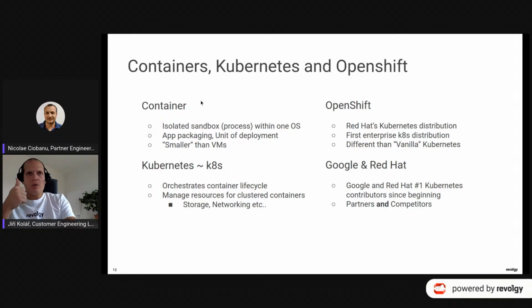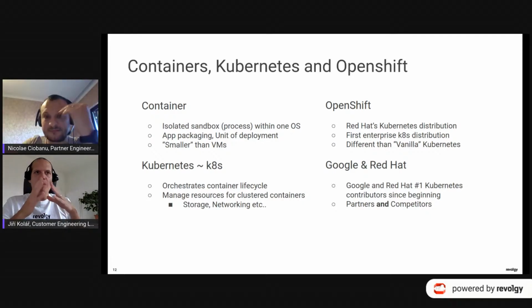So, containers, very important. A container is an isolated sandbox or process running within an operating system. On the other hand, it's also a packaging of an application, and it's a single unit of deployment, right? So your app can consist of one or more containers.